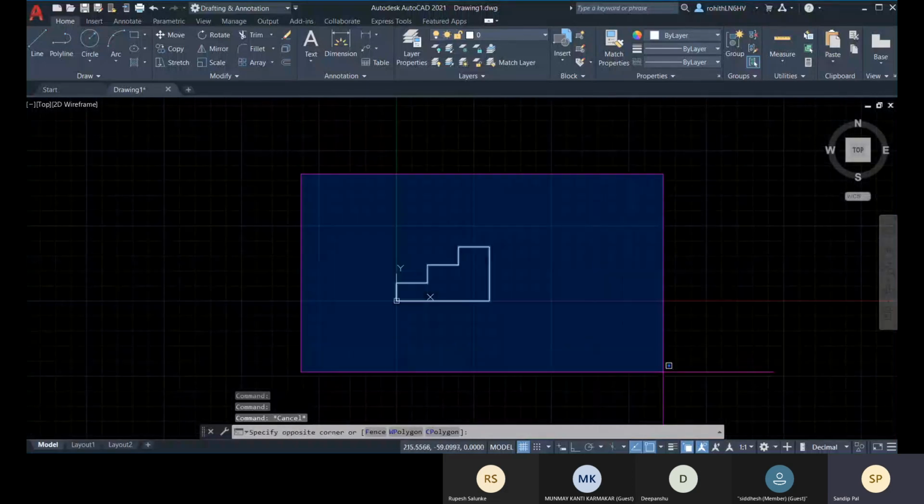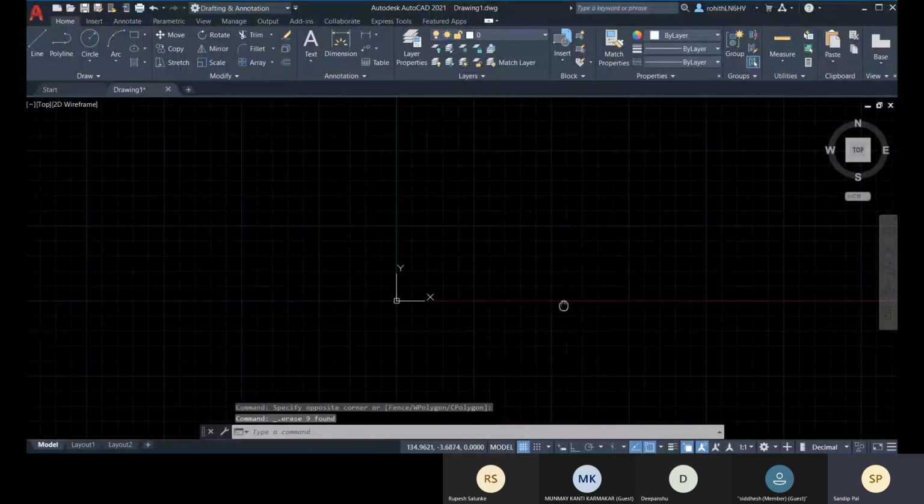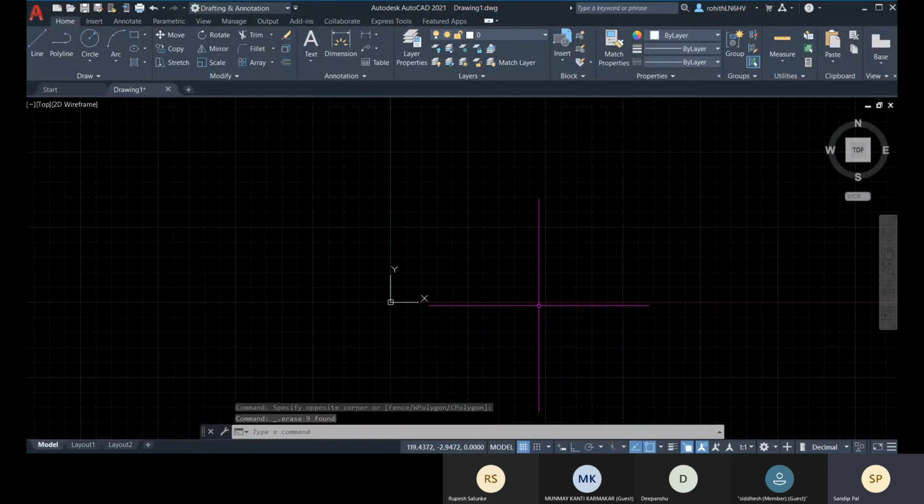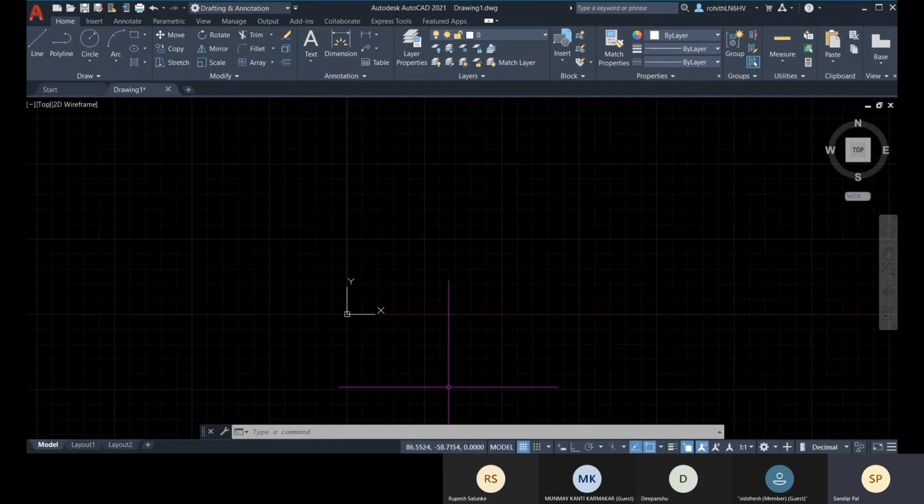Now let me talk about the polar coordinate system. In the polar coordinate system, when you calculate with the length of your line or the distance, you are not putting any coordinate value with respect to x, y, and z. You place the distance, and in the 360-degree direction where it will be placed, you place that angle. Then you create the object. Let me show you how it works.